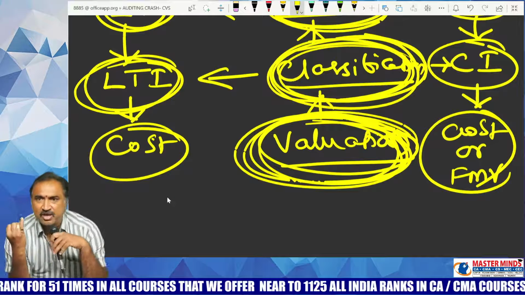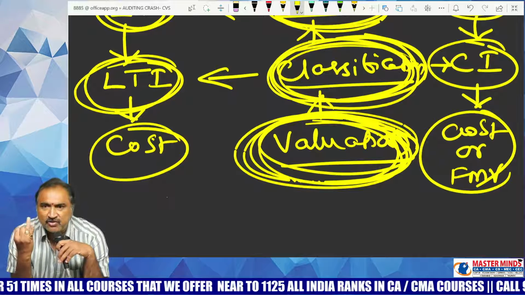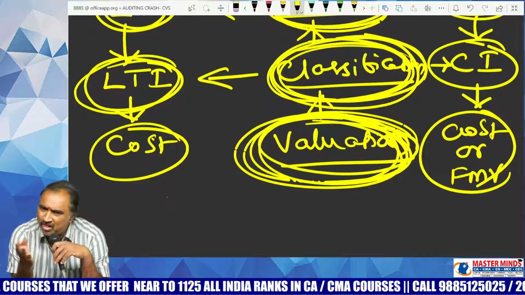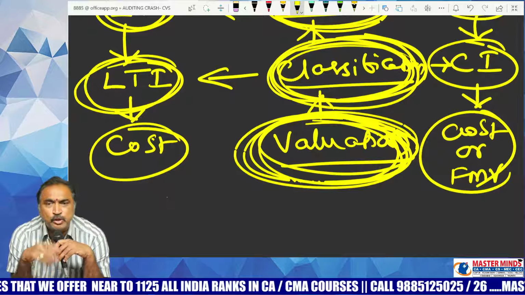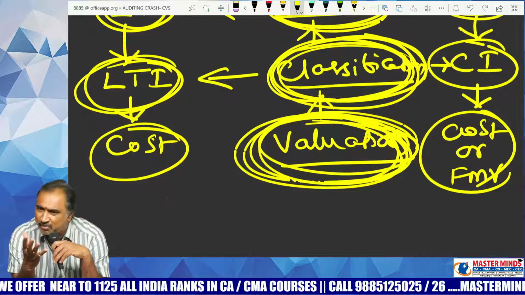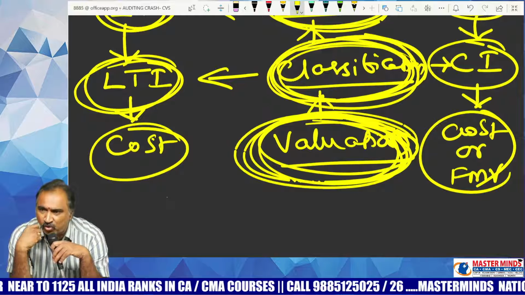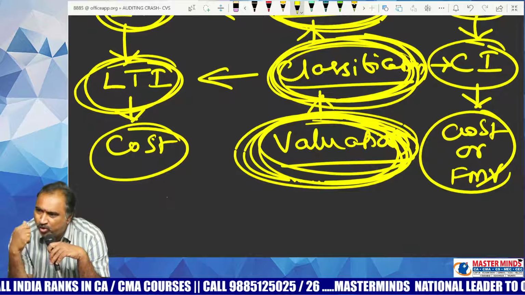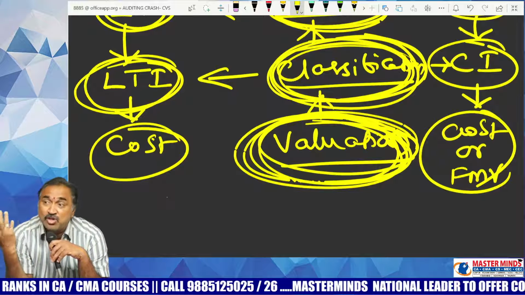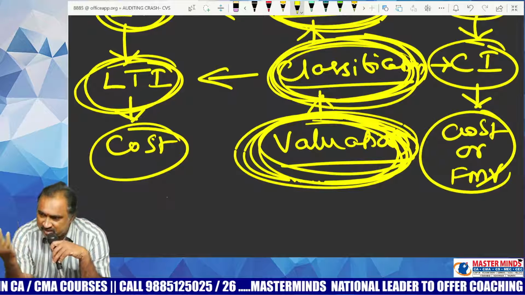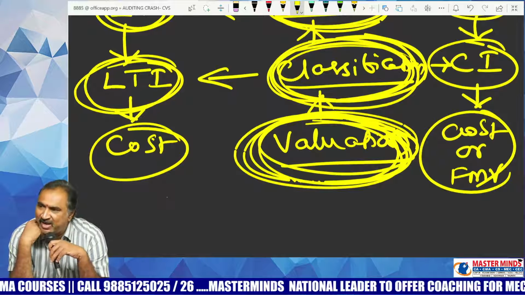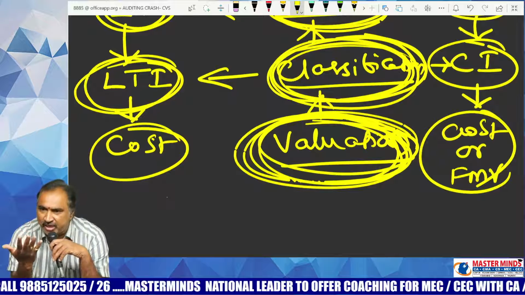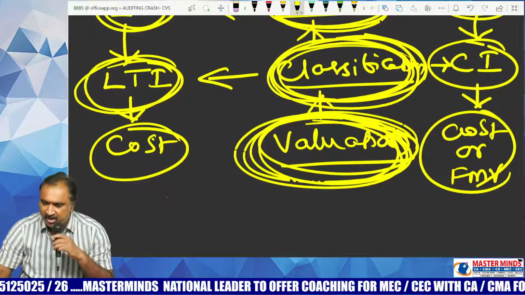So when the entity under your audit is having some investments, first of all, you need to identify the objective behind purchase of investment. Even if you go through all the books and other related records, you may not be in a position to identify exact objective, because objective will not be recorded in the books of account. If you want to really ascertain the objective behind purchase of investment, what should you do? You need to ask the management about what was the objective behind purchase of such investments. Then it is the responsibility of the management to provide a reply to your query. Then only you'll be able to get required information. Otherwise, you won't get information relating to dash.